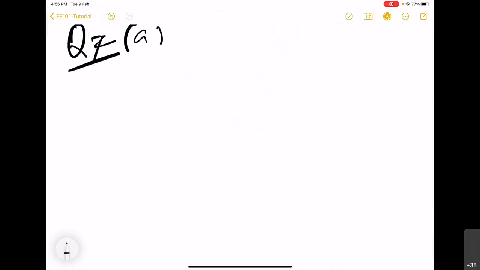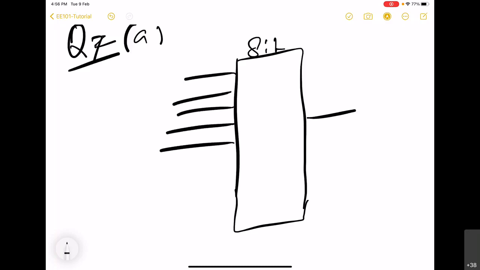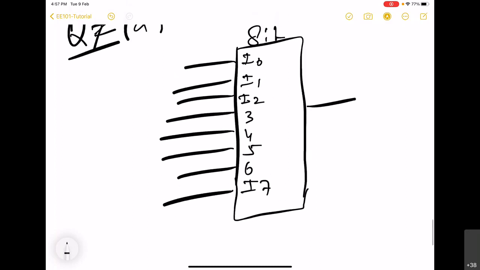It says that we have one 8:1 multiplexer. That means there is one output and 8 inputs, which will be called I0, I1, I2, I3, I4, I5, I6, I7. And it has 3 selector pins, which will be called S2, S1, S0.